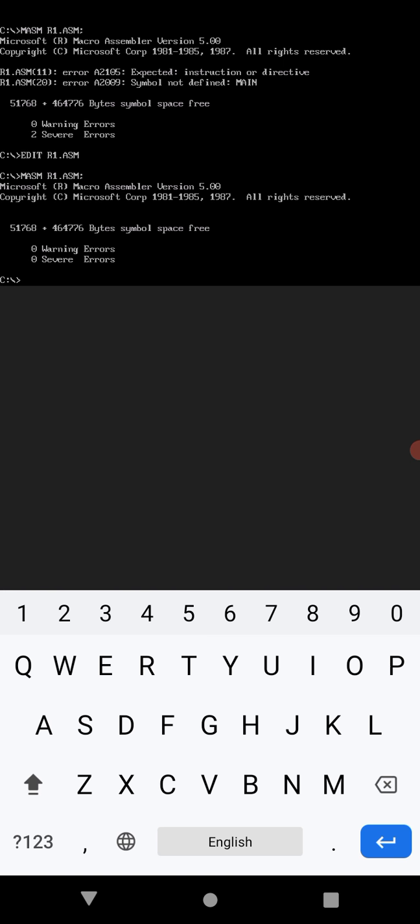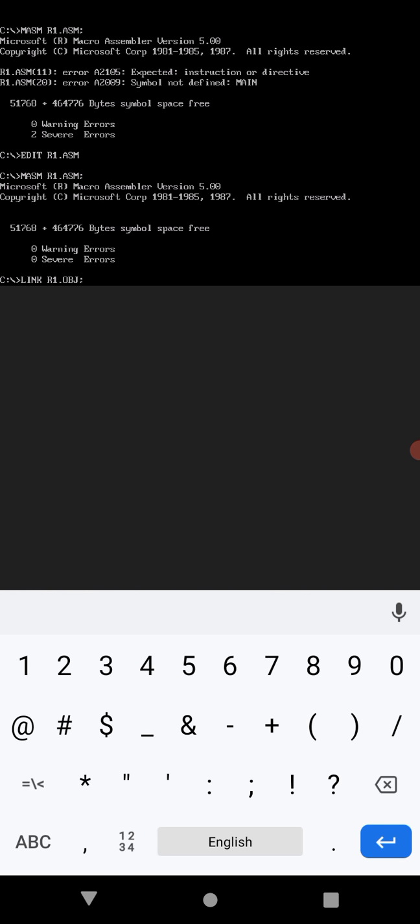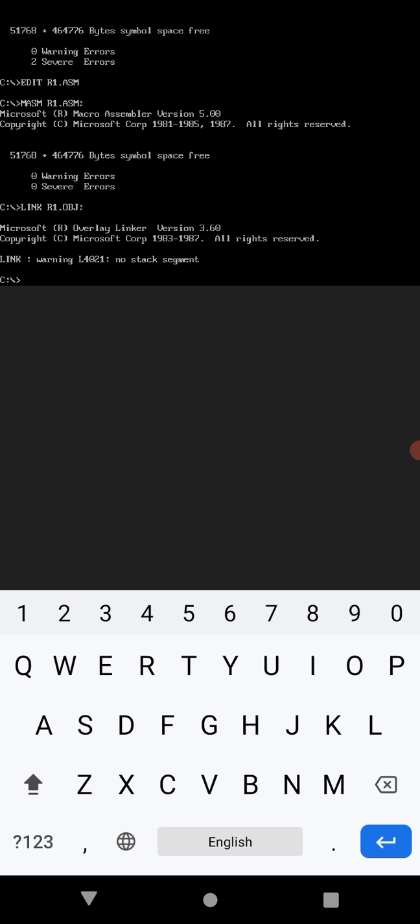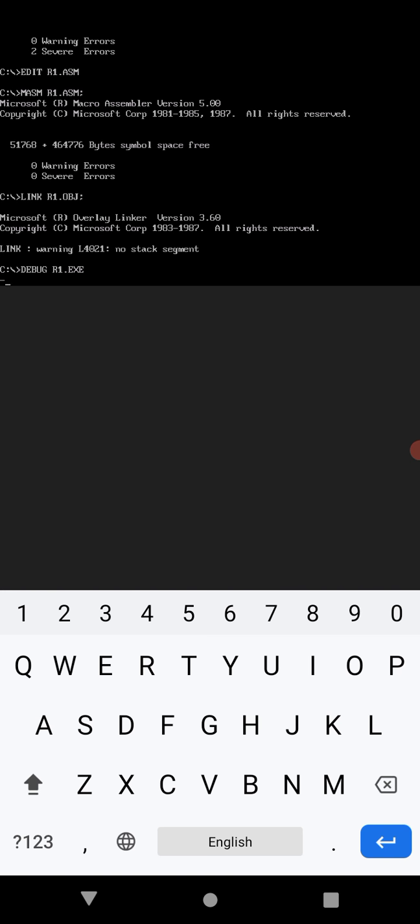Then type link space r1.obj semicolon, then enter. Then type debug r1.exe. After typing this you will get a dash. Type u, which means unassemble.